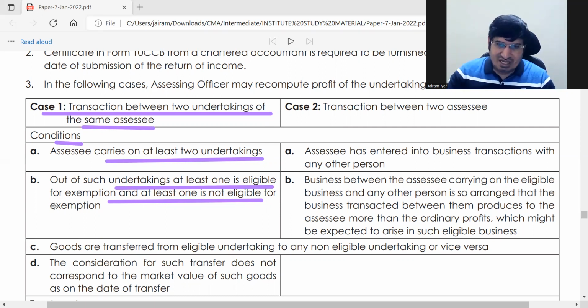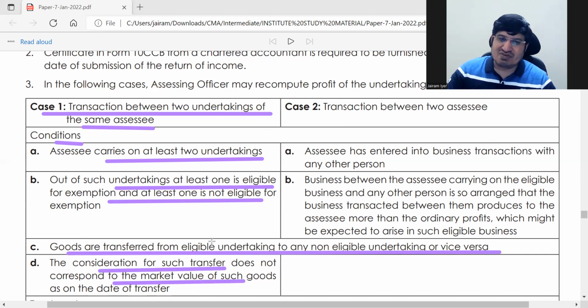Chalo. Now goods are transferred from eligible to non-eligible undertaking or vice versa. There are transactions between the two. So if there is a transaction between the two, then definitely there is movement of money between the two. And the profits can get compromised. Correct. And consideration for such transfer does not correspond to the market value of such goods. They are transferring the goods, but the consideration,